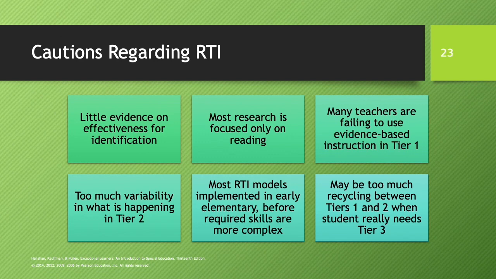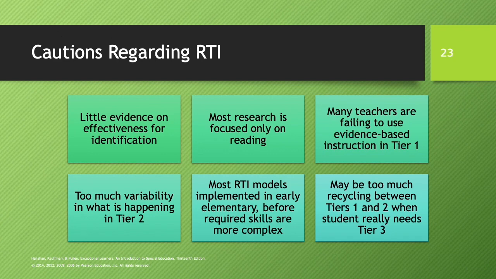Many teachers are failing to use evidence-based instruction in Tier 1, which is the general education classroom. Too much variability in what is happening in Tier 2 has been found, so we are not quite sure which interventions are usually working for those small groups. Most RTI models are implemented in early elementary before required skills are more complex, and finally there may be too